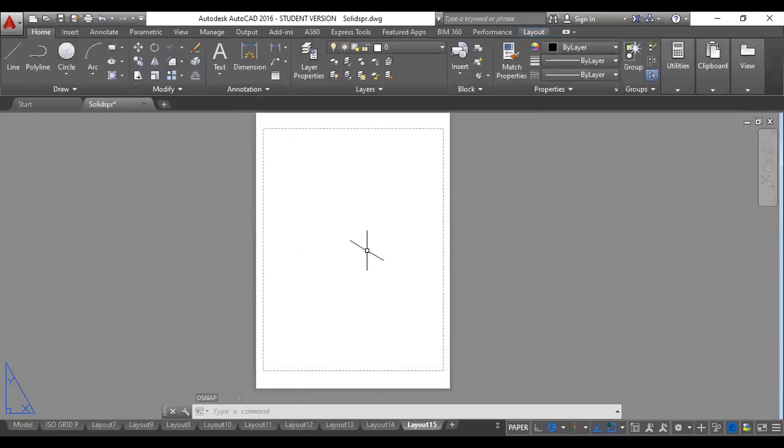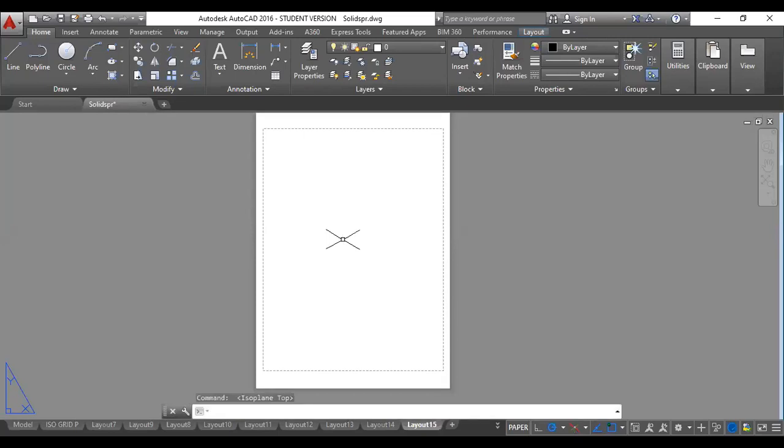So just do OK. Now you can see that before, the mouse pointer was coming perpendicular, like a plus symbol. Now it has changed. It is coming in a different aligned direction. It means that you have entered into isometric mode now. What you are seeing here, this orientation, is actually the isometric right plane. As I told you, in isometric you have top plane, right plane and left plane. To change the direction of the plane, you have to press F5. Function key 5 you have to press to change the orientation.